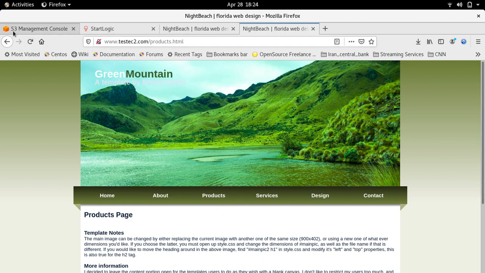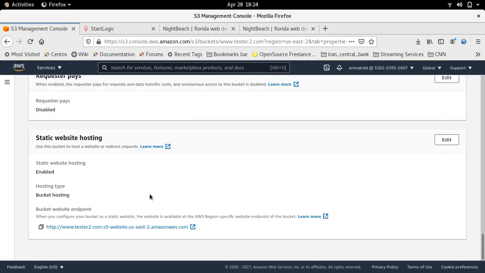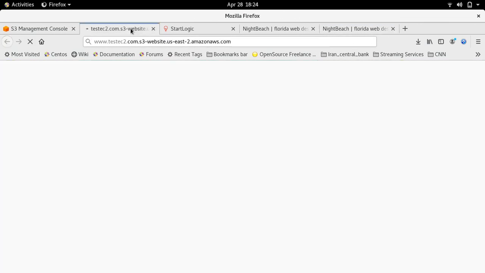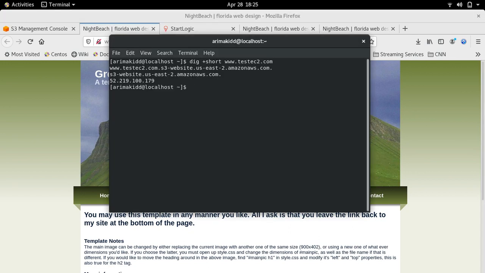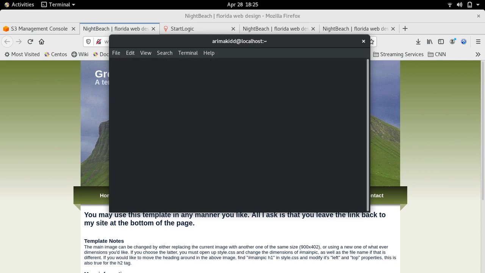We have created our S3 bucket. Our site resolves. We then pointed our domain to our S3 bucket. I'm just going to pause the video and give it a little time to see if the DNS will resolve. Okay, we're back. Just about 4 minutes or 2 minutes, not much at all, for the propagation to take effect. So if we run that dig command now,